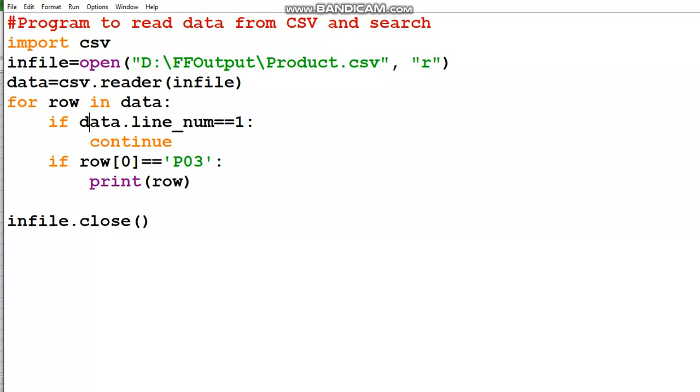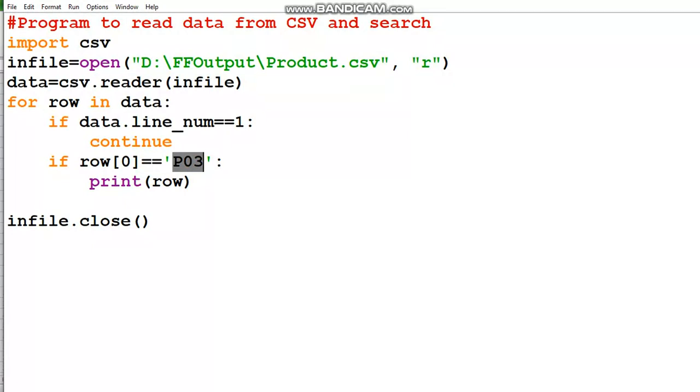Why? Because the header row contains just the column headings. So what to search in the header row? There is no logic or reason for searching in the header row, because it is part of the heading, not part of the data. So to skip that, again I have used line underscore num, and I am searching P03.